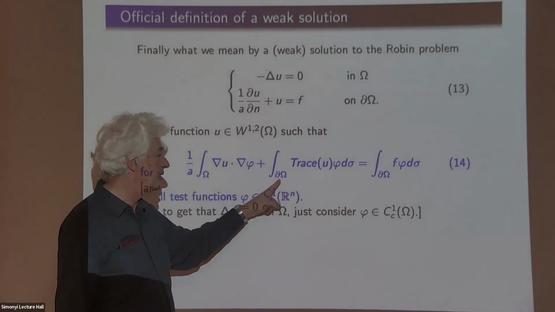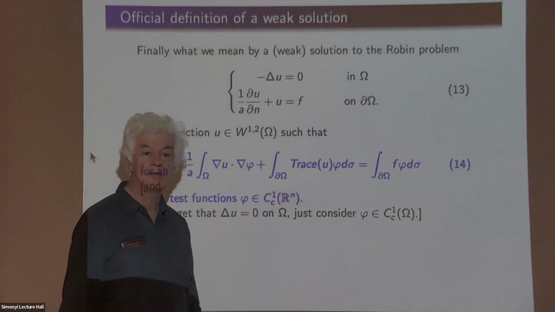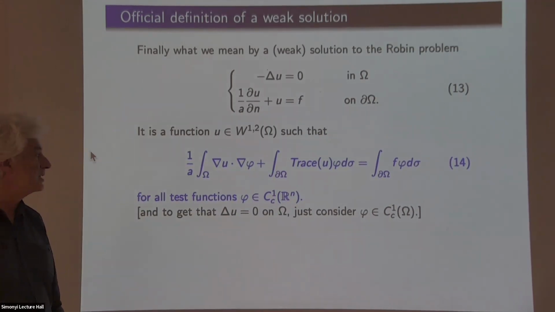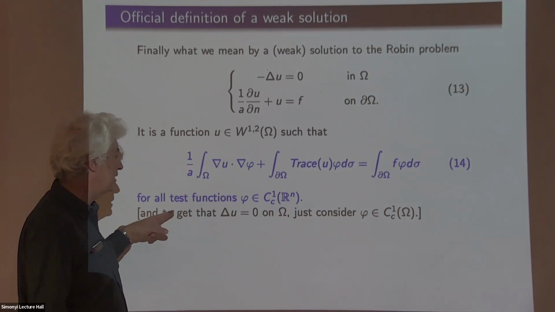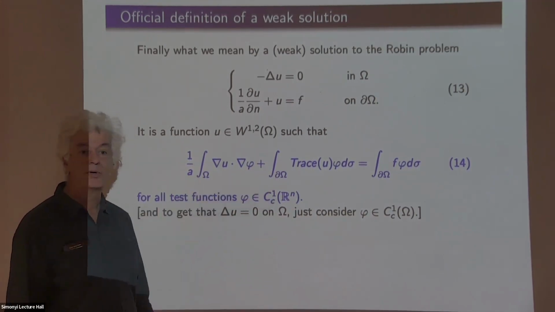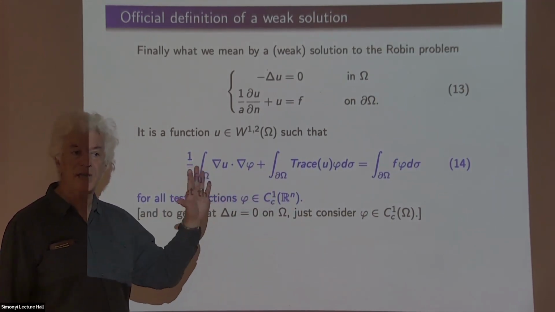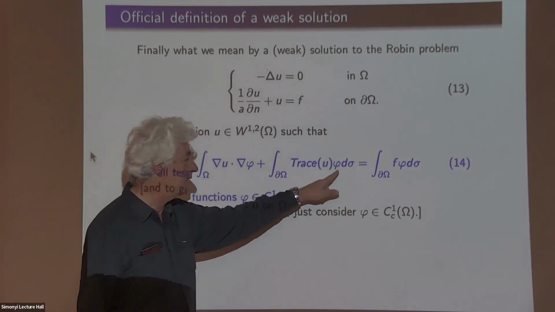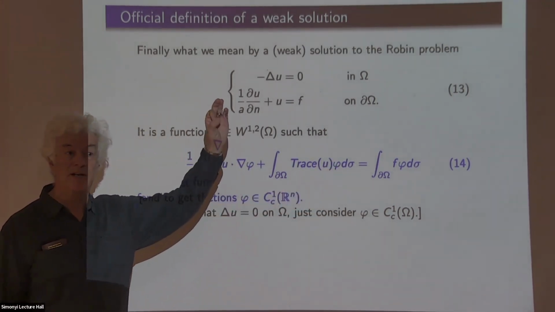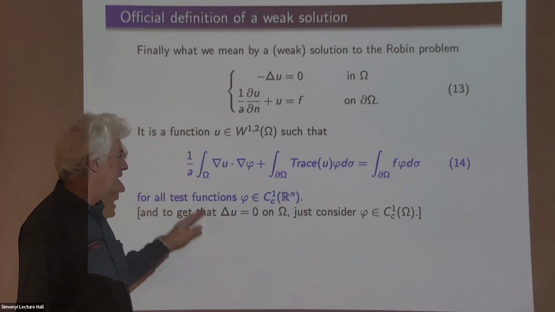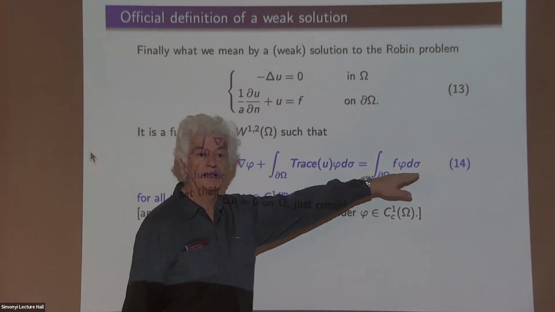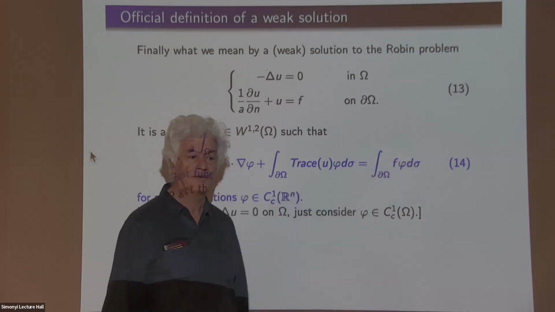And then you integrate on d omega the trace times phi, the trace of the function mu. Phi is supposed to be a nice test function that is allowed to be non-zero on the boundary. So I'm doing two things at the same time. Interior, where I would take phi compactly supported in the domain and I would get harmonic. And then I allow phi to have a boundary. And the right-hand side is giving you the integral of f against phi.